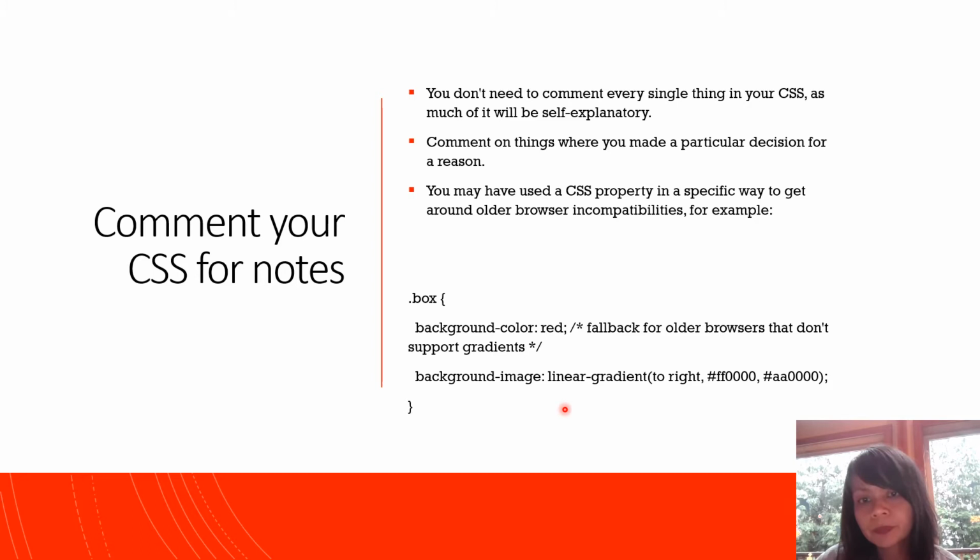Okay, so this is an example here. Background color red. So I'm using red when I really want to use background image linear gradient. So I'm trying to use a red gradient for my background. But in case some older browsers don't support this CSS style yet, I'm going to use background color red. And this is a fallback for older browsers that don't support the gradient, which is the